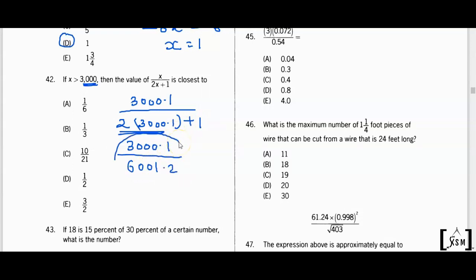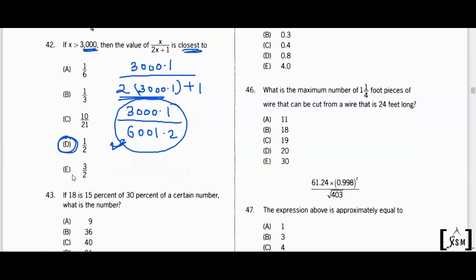Now we have got this as a result. Now the question is, then this value will be closest to which of the following? Very closely, this result is very close to option D. That you can understand from your own estimation, right?